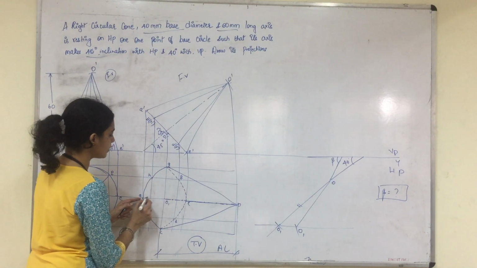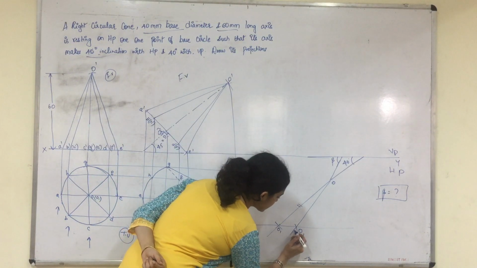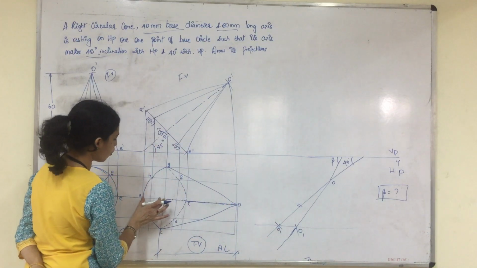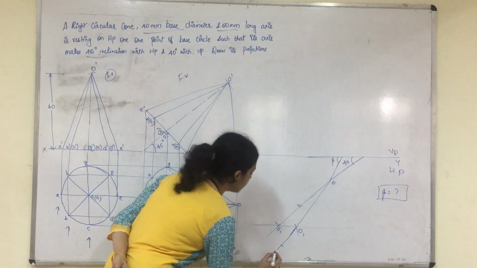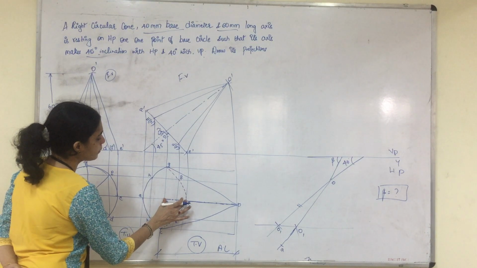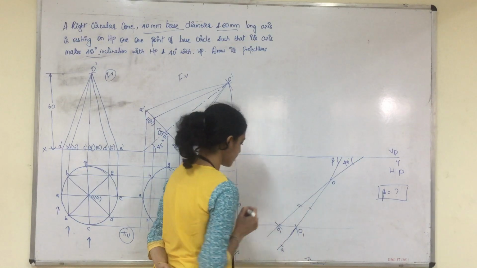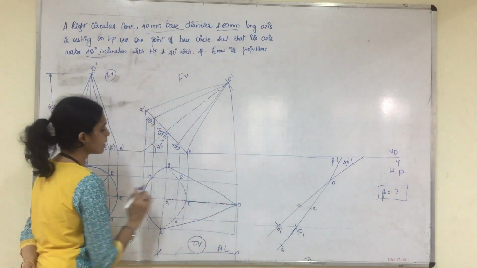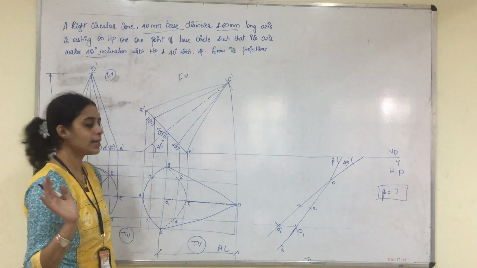If you extend it a little bit backside, we will get the point A. So you extend the apparent length of the axis a little backside, and you measure from O1 to A what the distance is. Come back here and just cut an arc. So you get the point A. Similarly, from O1 to E, measure what the distance is. Come here and just cut an arc on the axis. So it is point E. Now we have got A and E. The other points G, H, F, B, D, C are to be determined.